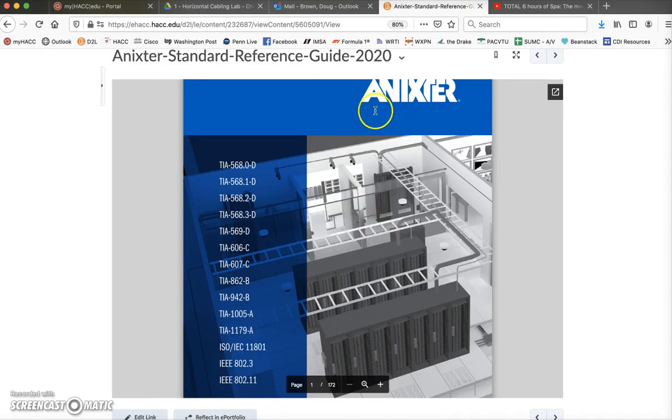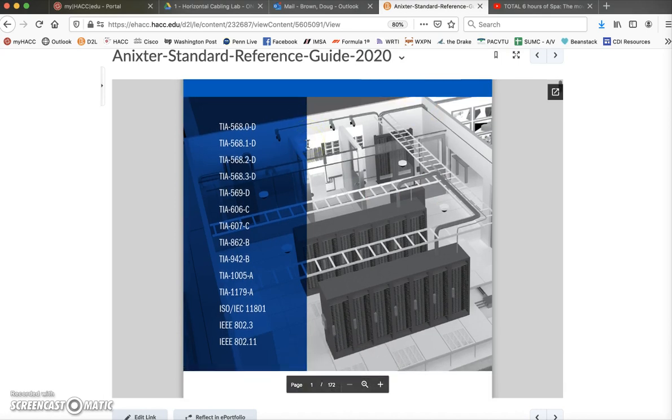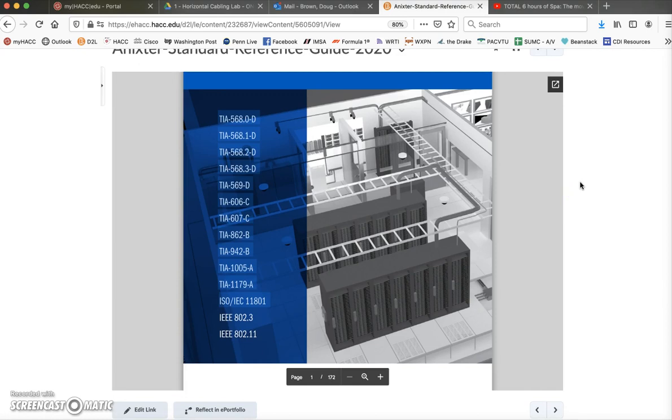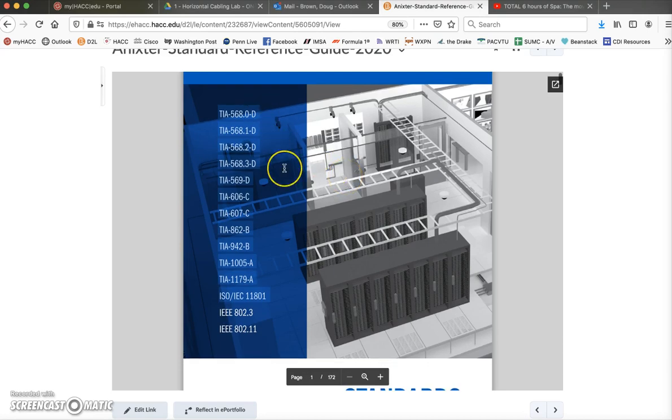But what this is, Anixter is a group that does all kinds of stuff with cabling, and they keep standards available for you. If you were to get this from them, it's actually like a little mini spiral bound notebook that has these standards in summary form, a whole bunch of them in summary form for easy reference. So it's not like the full authoritative standard, but it's the authoritative summary at your fingertips. And I like when it's a PDF like this because I can scroll through and I can even search for it very easily. So I'm going to open this,